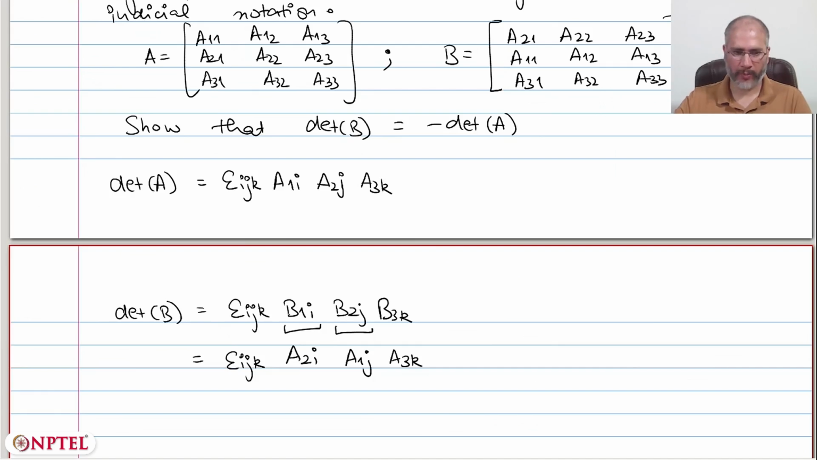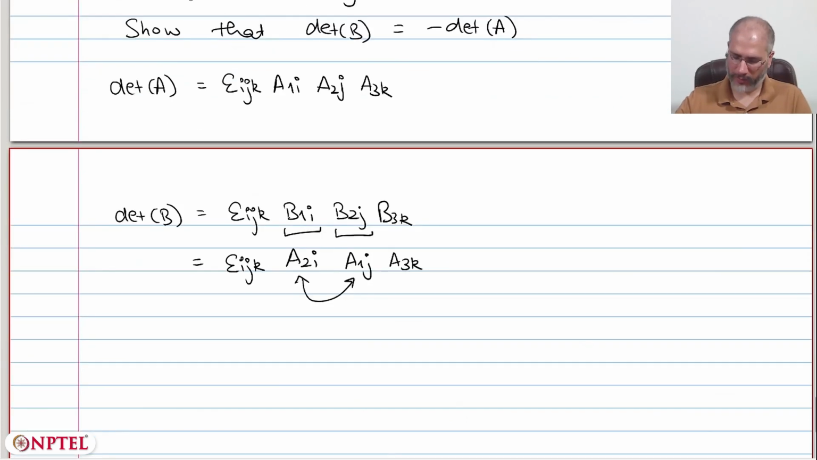Now what we'll do is we will change the order. So I will move A1j to the left and A2i to the right. And this is completely allowed because A1j, A2i and A3k will ultimately expand to numbers. So it doesn't matter if you have scalars or numbers, you can multiply them in any order. They're all commutative. The multiplication is commutative. So this can be written as